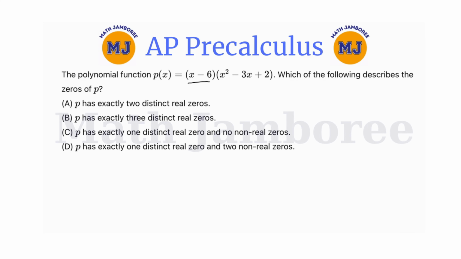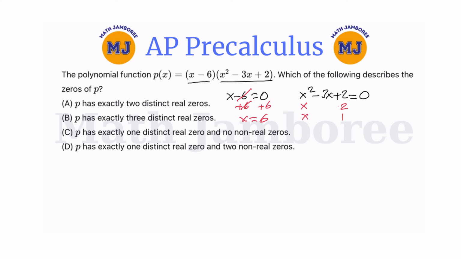To find the zeros of a polynomial, you make the factors equal 0. So there are two factors in this given one: x minus 6 equals 0 and x squared minus 3x plus 2 equals 0. If I solve this for x, I will add 6 to both sides. x equals 6. And this one, 2 times 1 gives you 2, but when you add them, you're supposed to